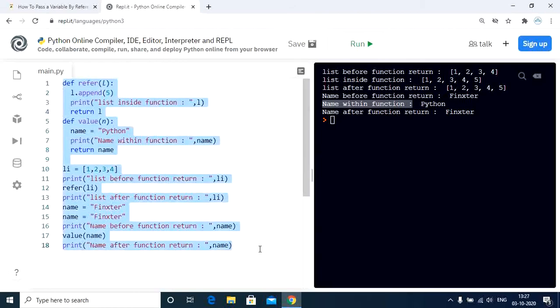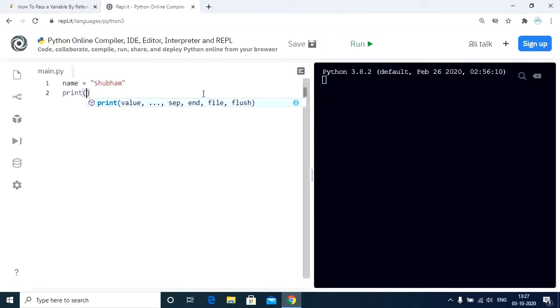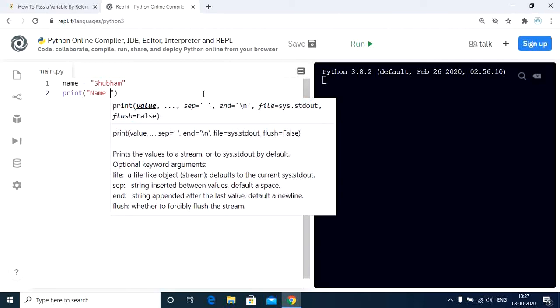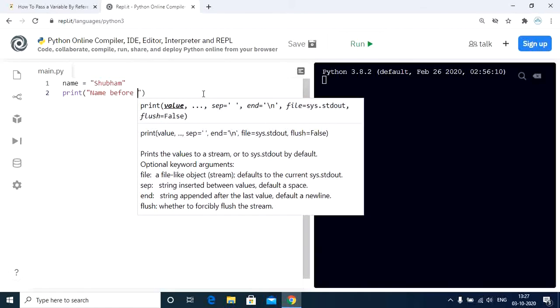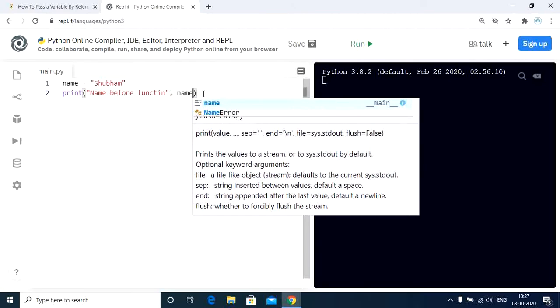Let me clear the screen for you. Now we are ready to go. Let us define a variable name that holds the string Shubham. Now let's print name before function call.